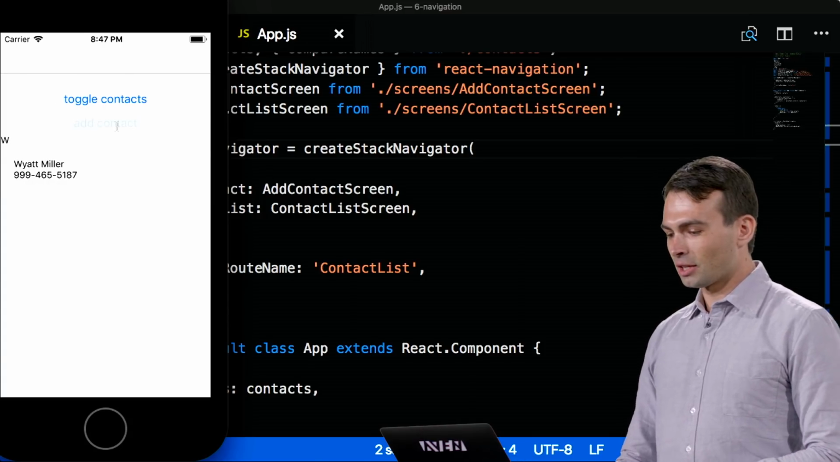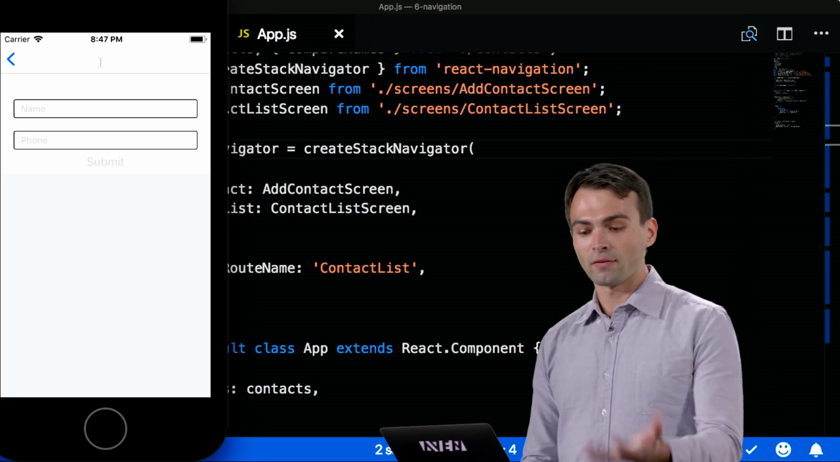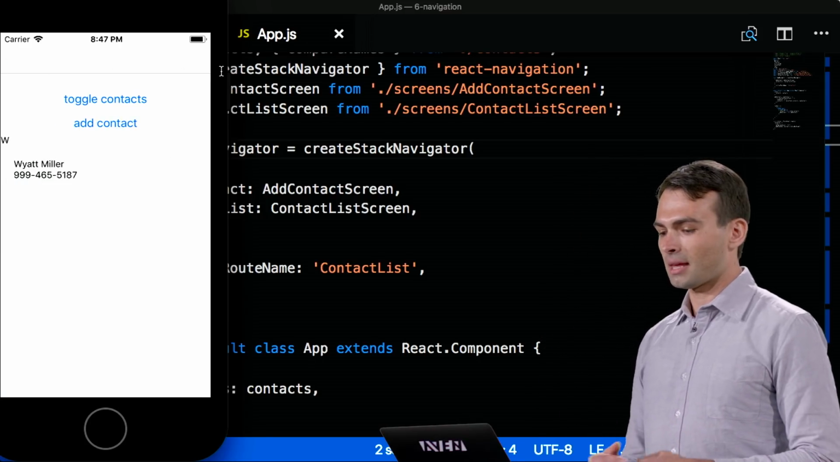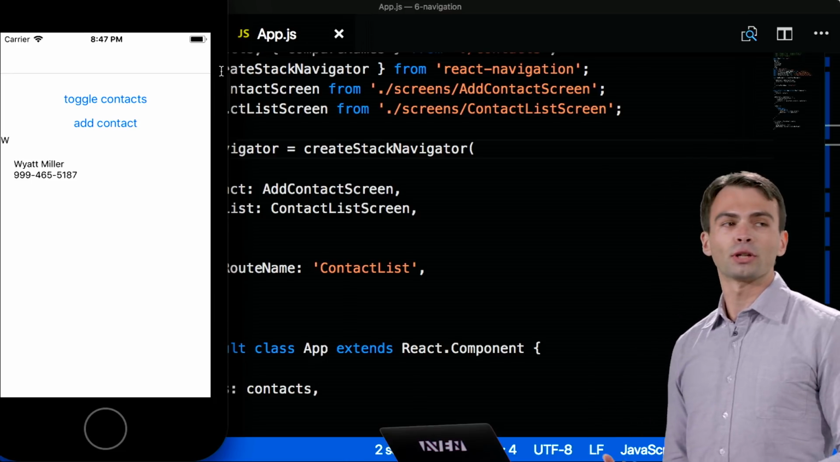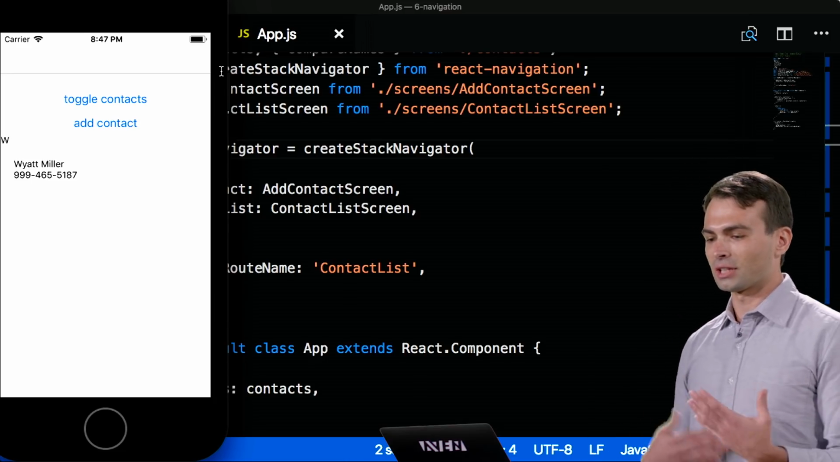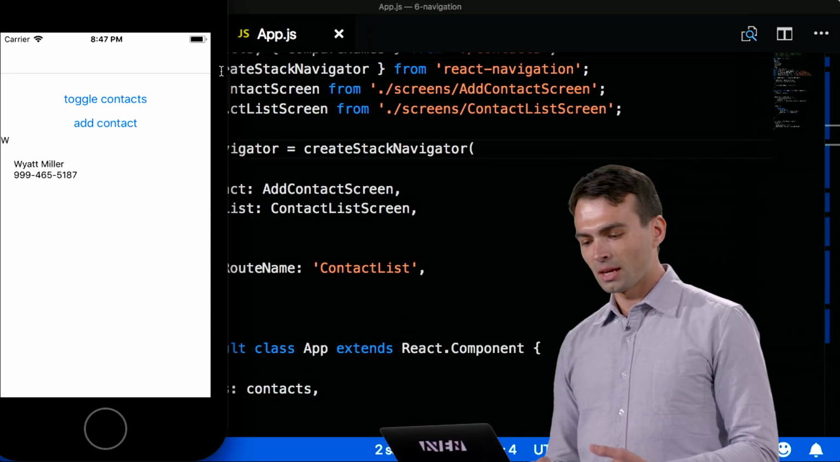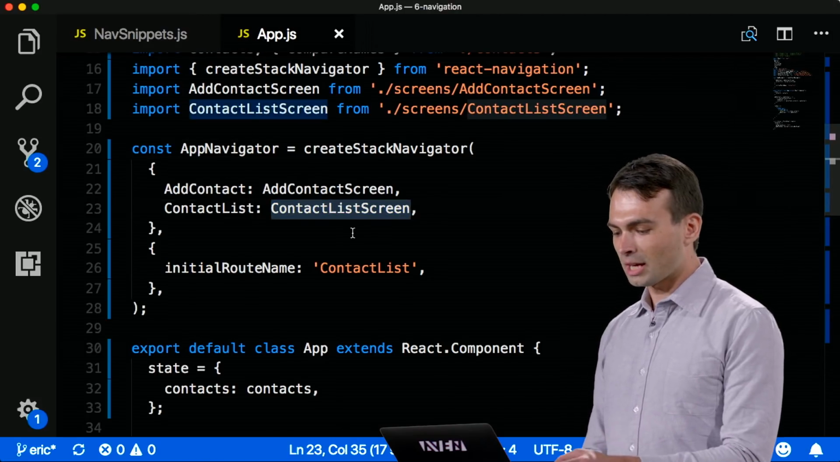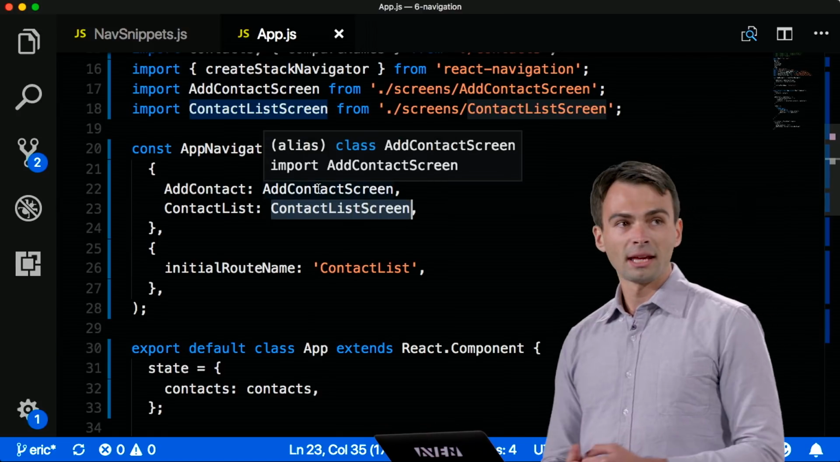Now, it still is not looking super great. We're going to want to have some things in the header here. And we're also going to want the add contact button to actually be in the header, because that feels a little bit nicer. So first, let's go ahead and jump into our contact list screen and our add contact screen and set up